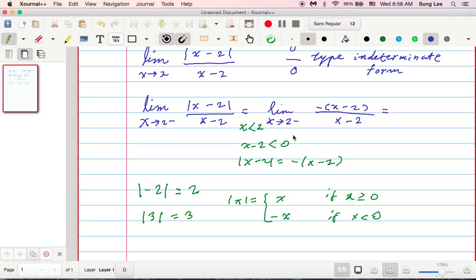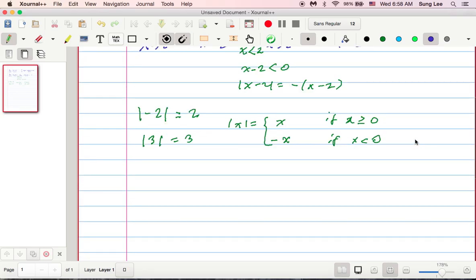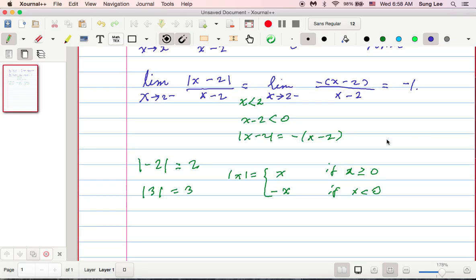But negative 1 is a constant number, so whether x goes to 2, goes to 3, goes to 10 million, it doesn't matter. It's not affected. A constant number never changes, right? So it stays as negative 1. Okay? Right. So now let's move to the right-hand limit. Okay, so in this case, the right-hand limit